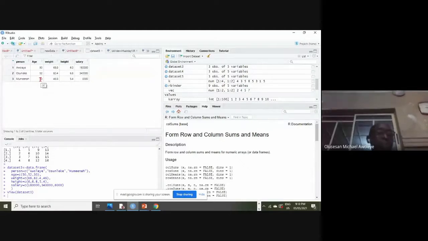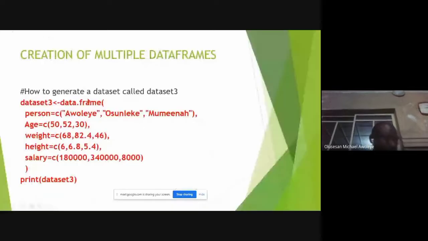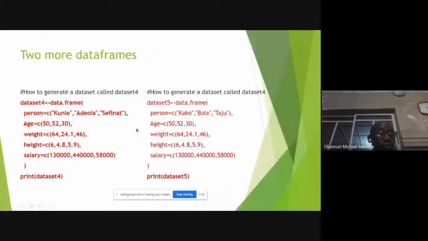So we are going to have 3 of these, because in my following slides as well, that is what I have. This is for this one. Then this is another 2. This is Kunle Adeola and Shefina. This is another one. This is Kakobola and Taju. So these are the 3 data sets I want to merge together,